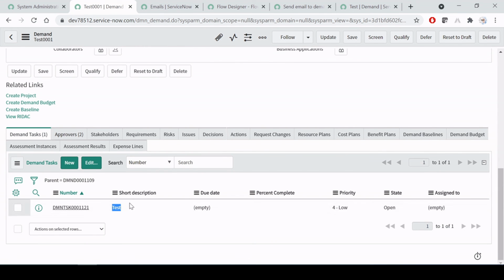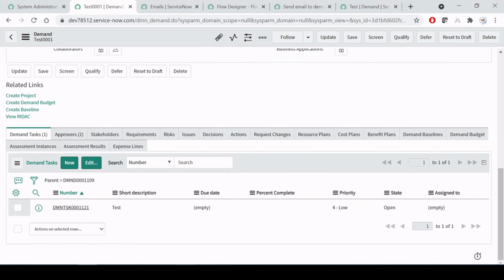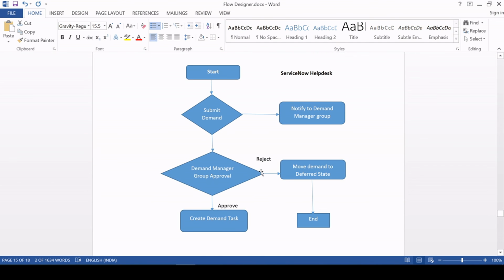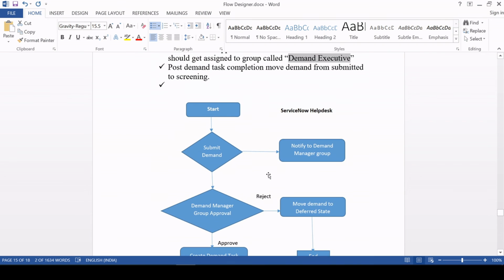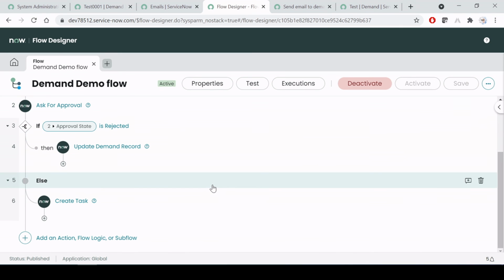And as you can see here, a short description I have given is test, and it is coming over here in this section because we have mapped it with the parent. Right, so this is the simple flow, guys, which we have configured. It's a very simple flow designer. You just need to do a kind of drag and drop, right? Once you start making a simple flow, you will understand it's very easy to make any flow. That's why ServiceNow has made it for business purposes,